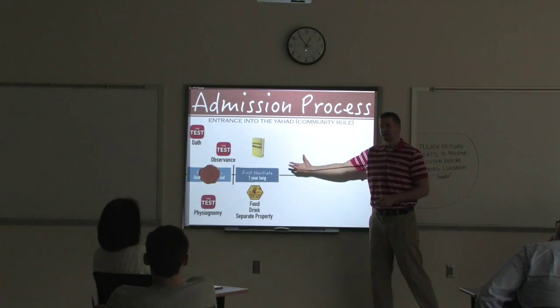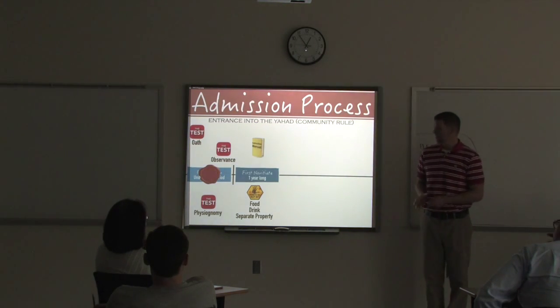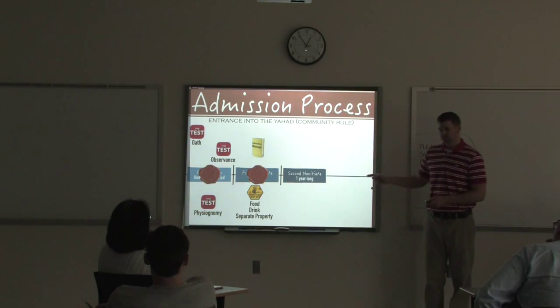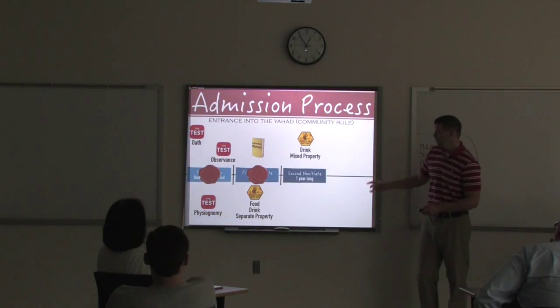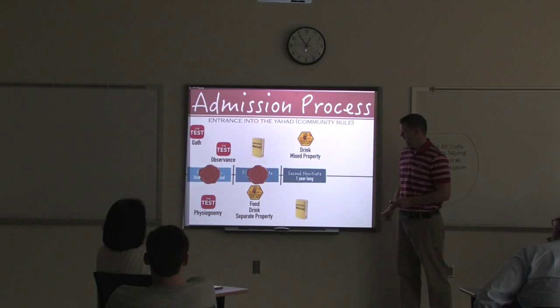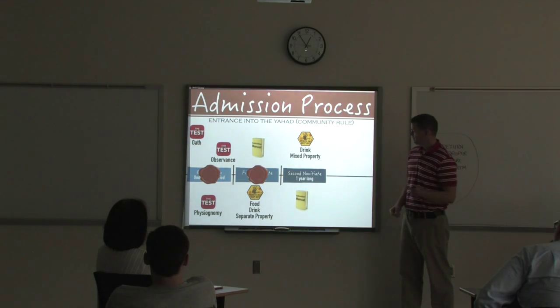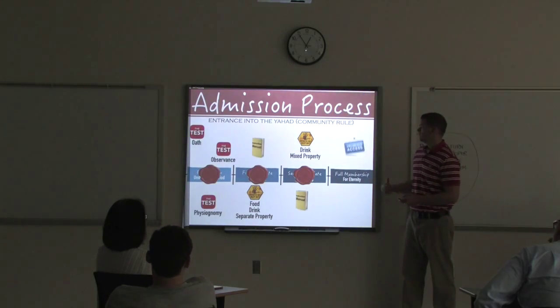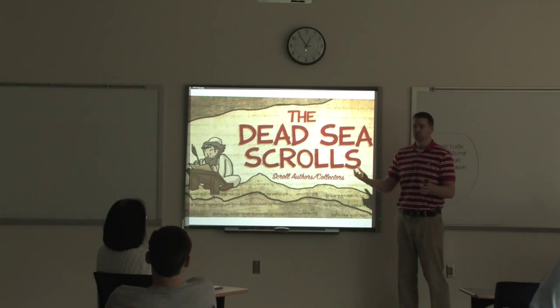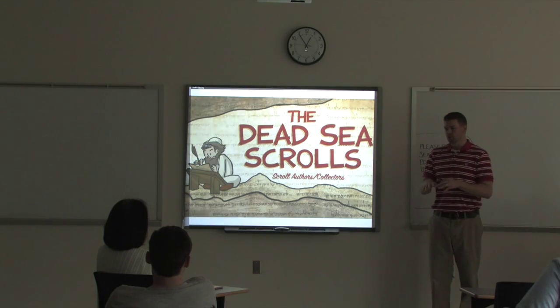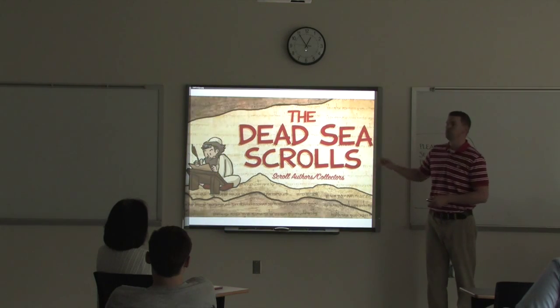And this is the time they train you. They train you in all the ways, what they do, how they believe. If you pass that, then you go to the second year. The second year is much the same. Now you can take the food, notice, but you can still not have the drink, and your property is still only mixed. But if you pass this, you're instructed again, and if you pass that, good for you, then you enter into full membership. You have unlimited access, you can have full food, drink, your property is mixed with theirs, you're part of the group. Now, we learned that from that particular Community Rule text.